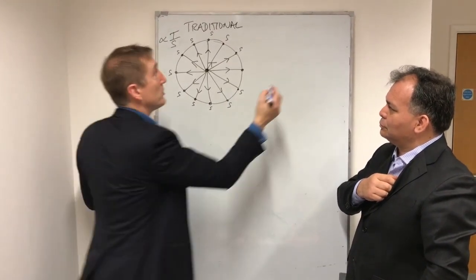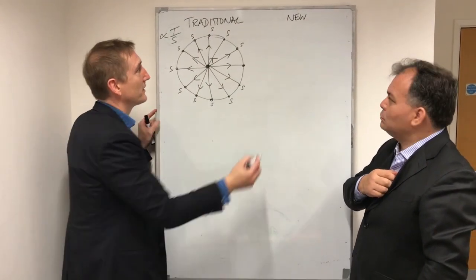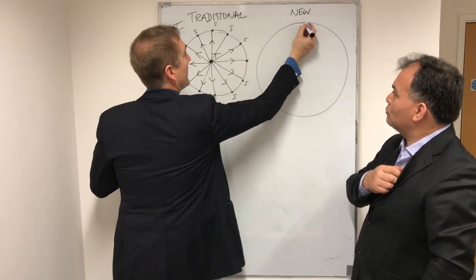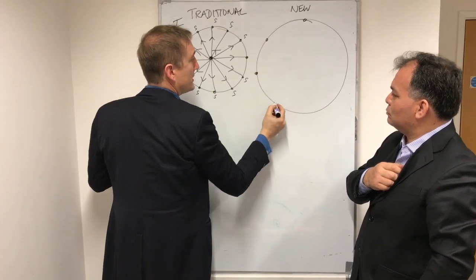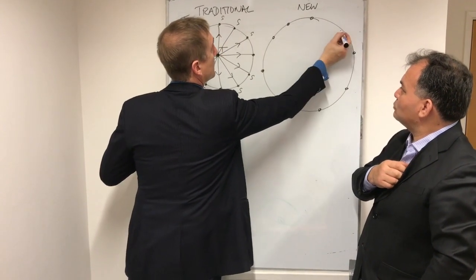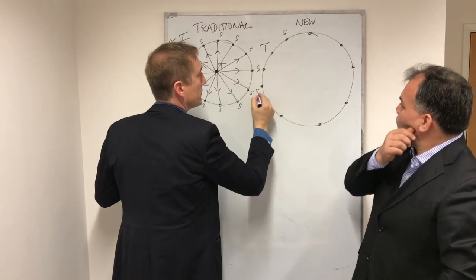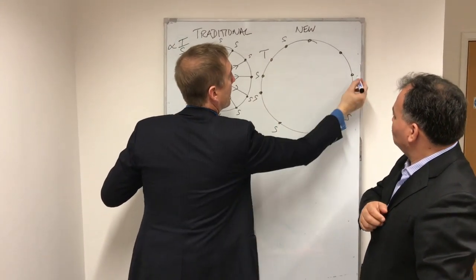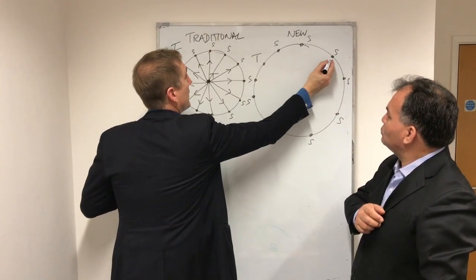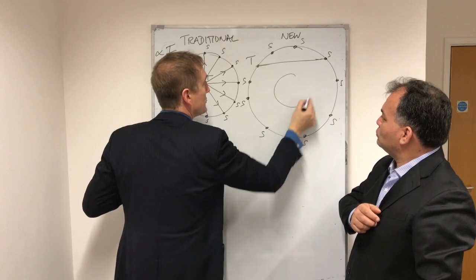Now, the new model, which isn't particularly new because Oxford and Cambridge have been doing it for a number of years, is a problem-oriented approach. The problem is in the middle and the students are around the outside, but the teacher is also looking at the same problem and taking on a perspective just like any of these other students. So one of these is the teacher, these are the students. Now what happens is that we have a dialogue whereby this student over here will ask the teacher a question in relation to this problem,